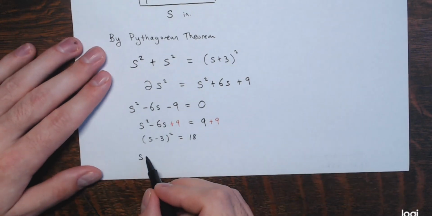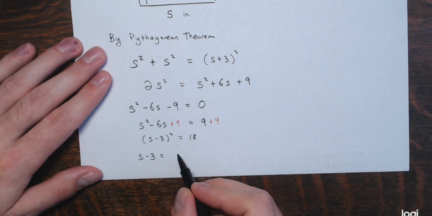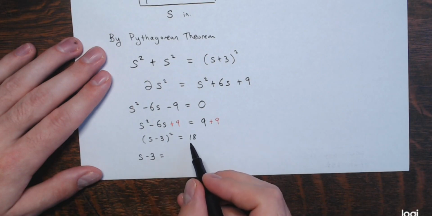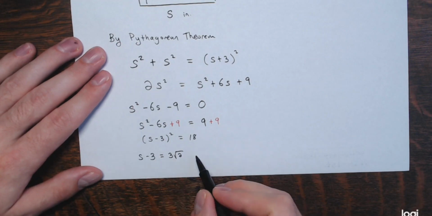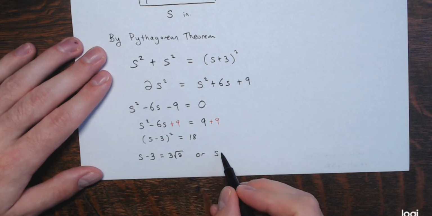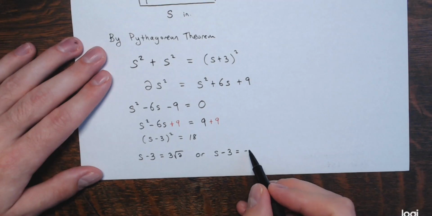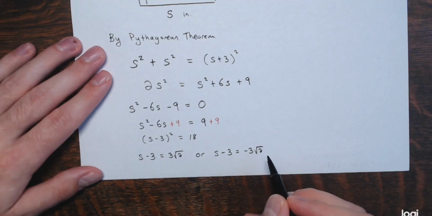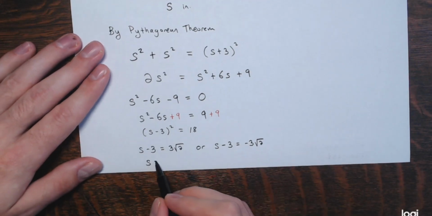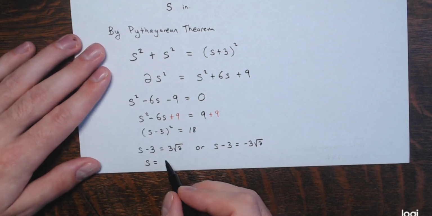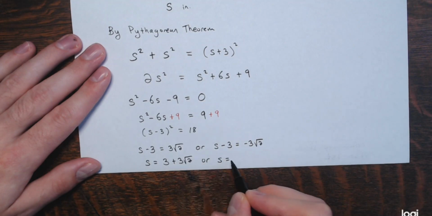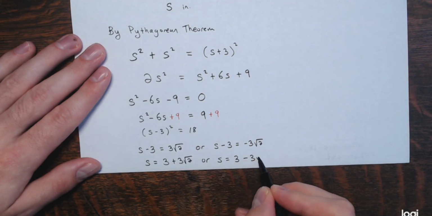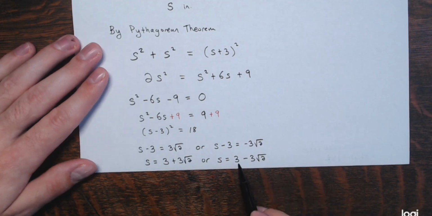So s minus 3 equals positive square root of 18, which reduces to 3 times the square root of 2, right? The square root of 9 times the square root of 2. Or s minus 3 equals negative 3 times the square root of 2. And then I would add 3 to both sides to get my possible values of s. So s equals 3 plus 3 times the square root of 2, or s equals 3 minus 3 times the square root of 2. But this is a negative number,